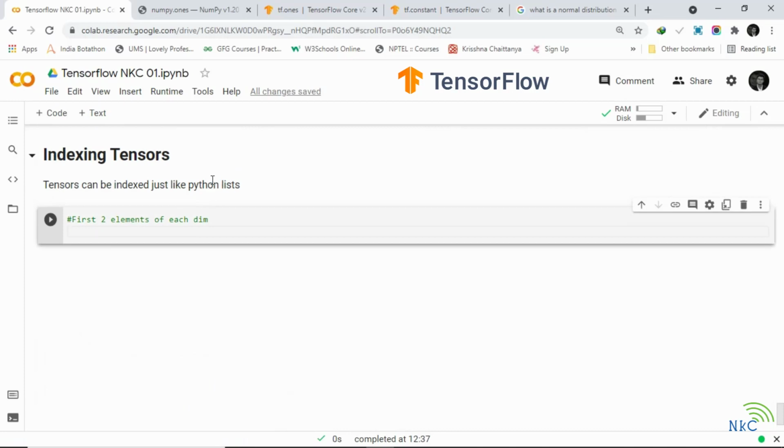So this is how I would index, or how you would get the first two elements of each dimension. There we go.